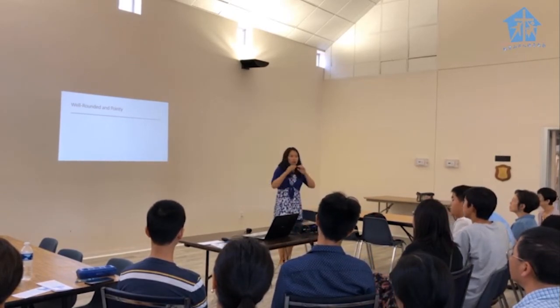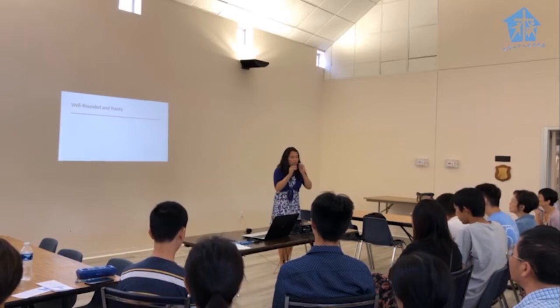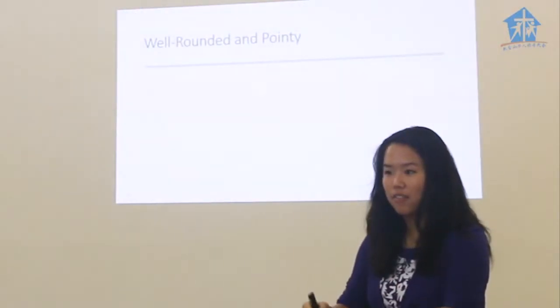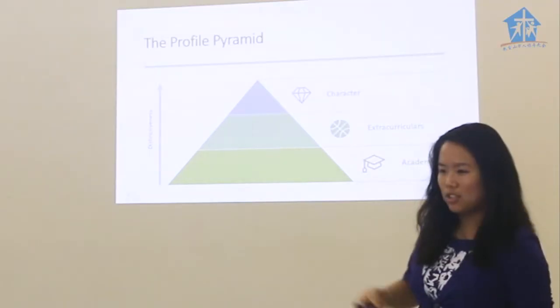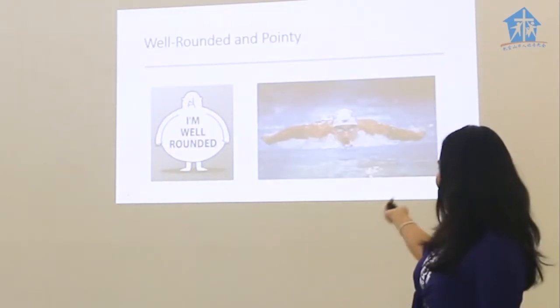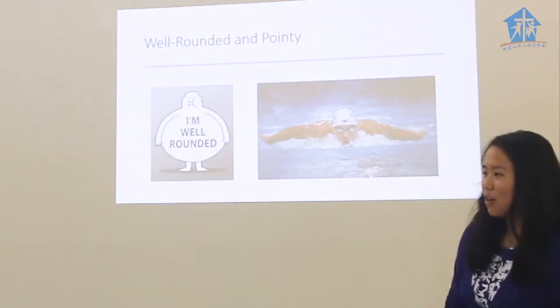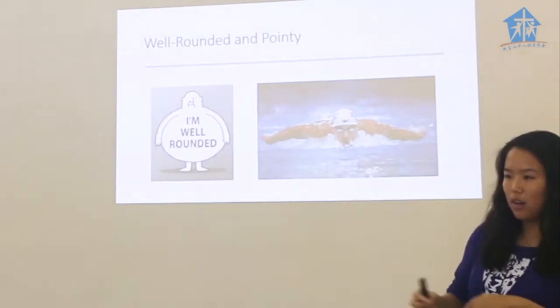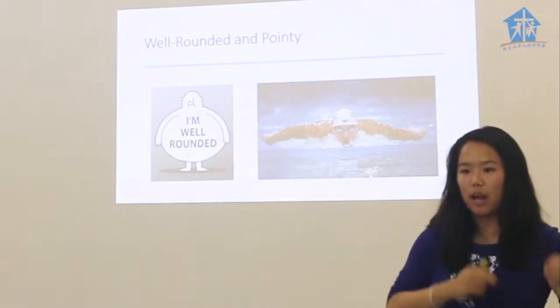And then as you go up in that pyramid, as you go into activities you do, and especially the essays you write, you become a little bit more distinguished, a little bit more excelling in one field, and that's sort of what you want to do. Well-rounded person, that's sort of like the base here. Well-rounded education, academics, and then who's someone that's pointy? I think of Michael Phelps, because he's probably like the best swimmer that we've seen, very pointy person. So the goal is to move from well-rounded education to be able to show a couple points in your application.